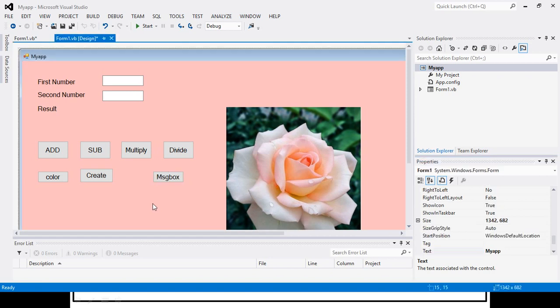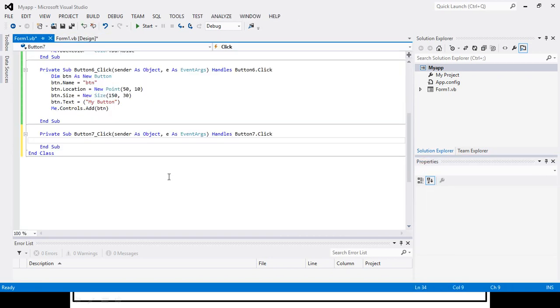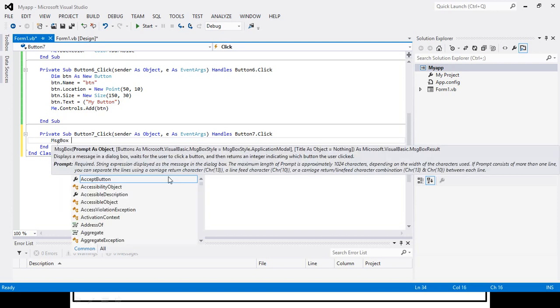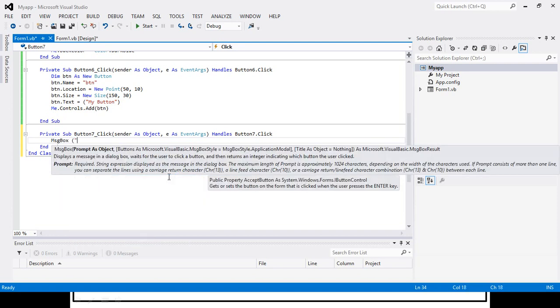So this is the name of my button, and when I click this, the message box should be displayed. So MSG box, and here we will have some parameters, that is hello friends.